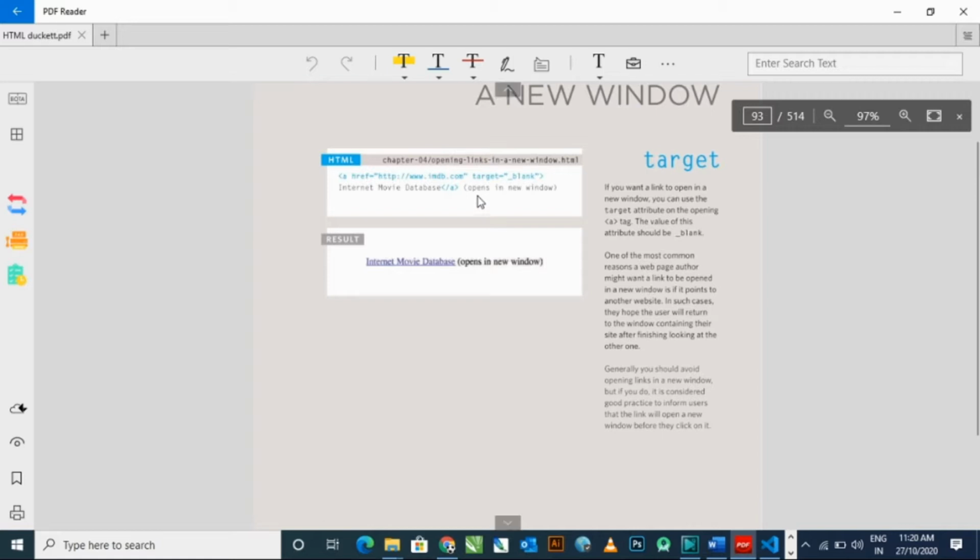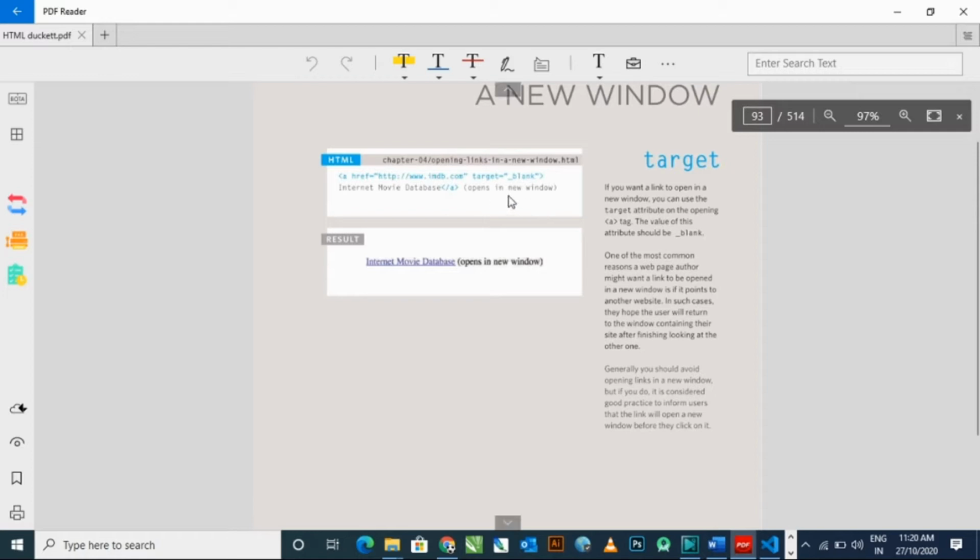Generally, you should avoid opening links in a new window. Okay, but if you do this, it is considered good practice to inform the user that the link will open a new window before they click on it.